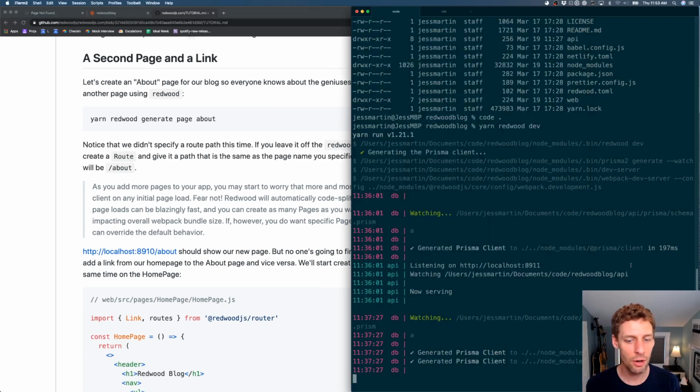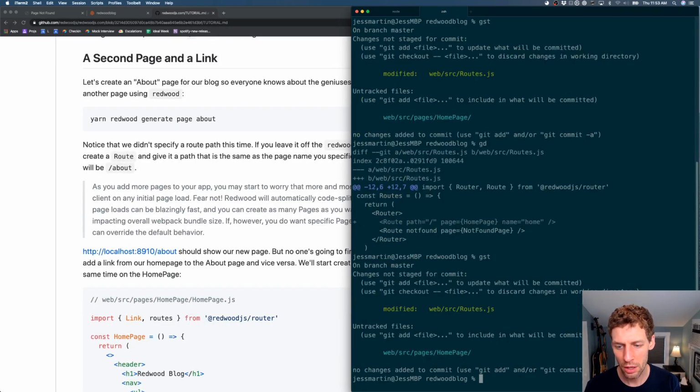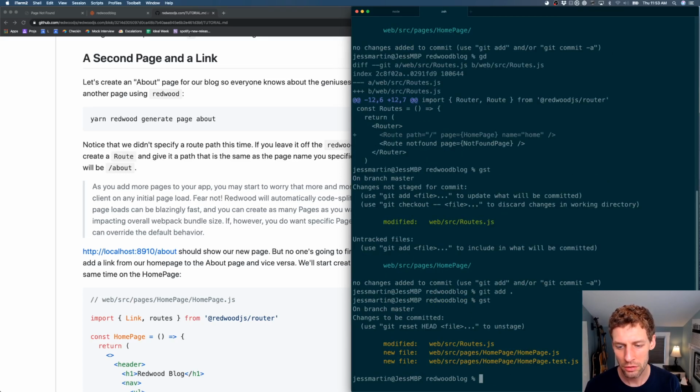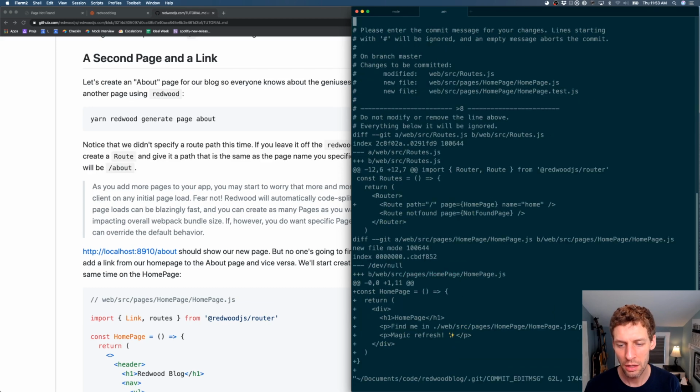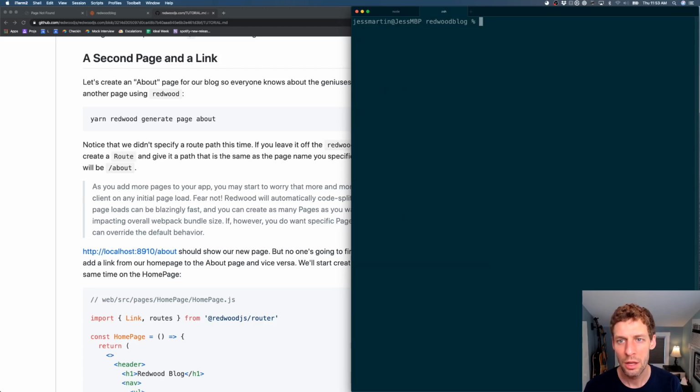So again, we're back to our little generator command. Actually, I'm going to go ahead and add dot and then get the status. Those are the three things we looked at. Adding homepage. I don't have a remote set up yet. That's fine. So yarn redwood g,